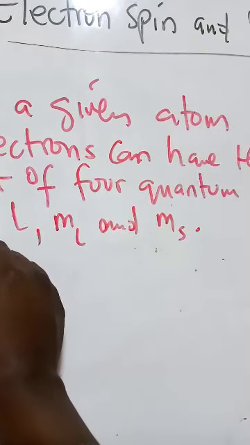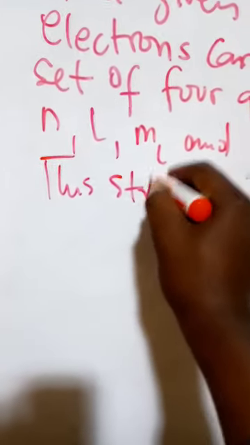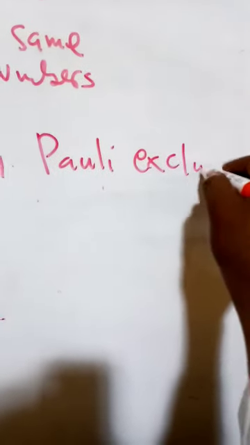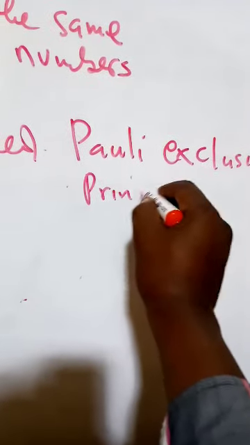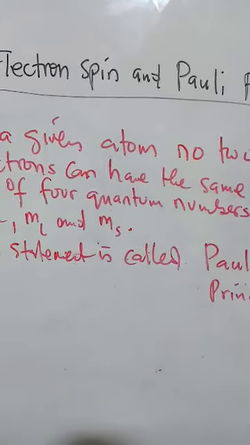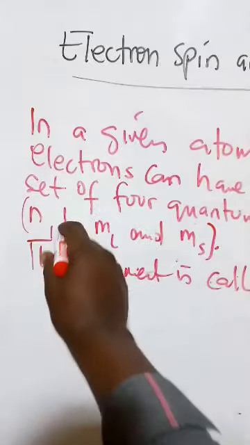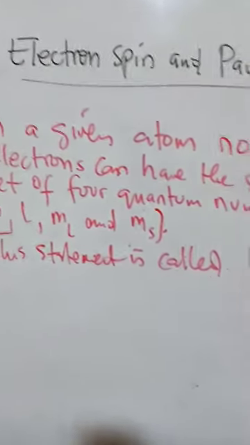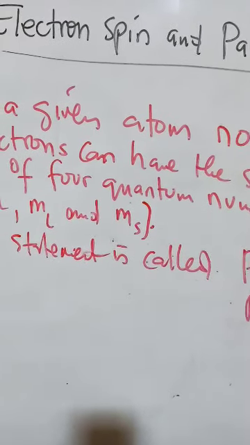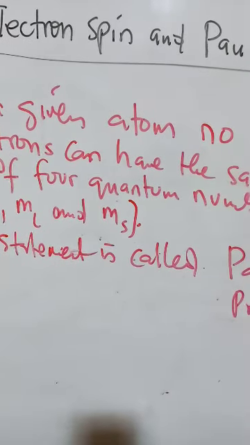This statement is called the Pauli exclusion principle. So in a given atom, no two electrons can have the same set of 4 quantum numbers, that is N, L, ML, and MS. Then, since only 2 values of MS are allowed, an orbital can only hold 2 electrons, and they must have 2 opposite